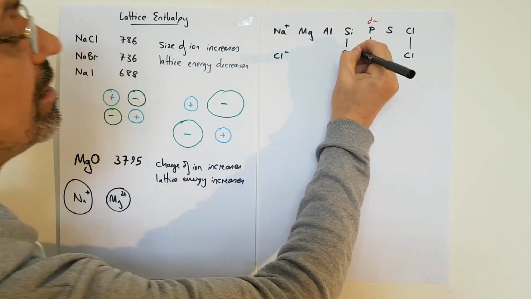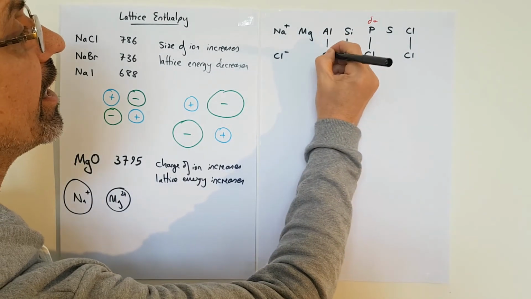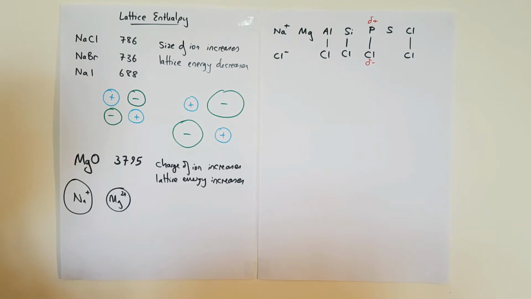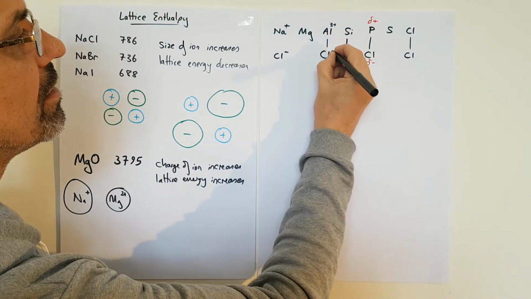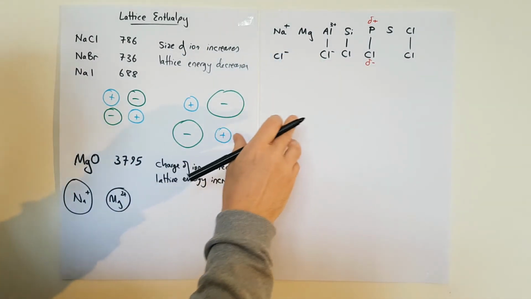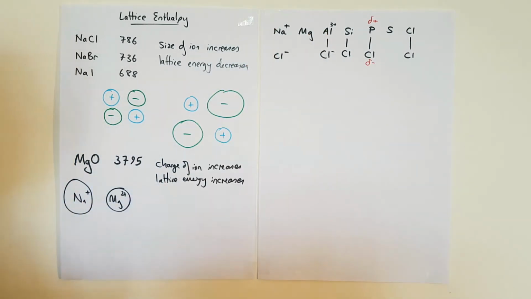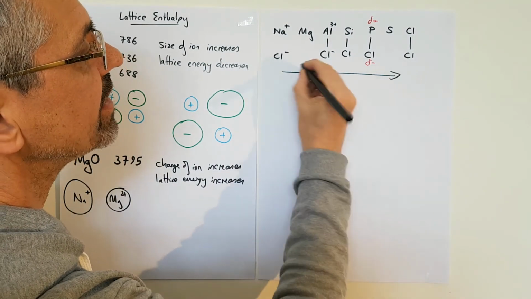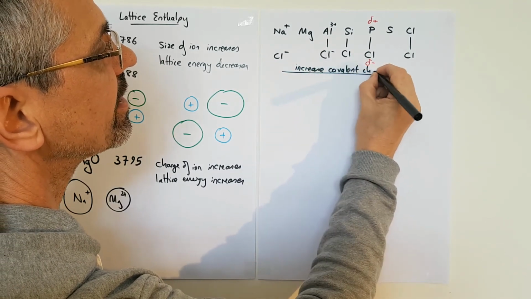Silicon chloride is covalent as well, but what about aluminium chloride? Well, aluminium's a metal and chlorine's a non-metal, so you'd expect aluminium to have a positive charge and chloride to have a negative charge, but there's not as big a difference in electronegativity for aluminium and chlorine as there is for sodium and chlorine, so there'll be some covalent character. So what we could say is as we go across the group, there's an increase in covalent